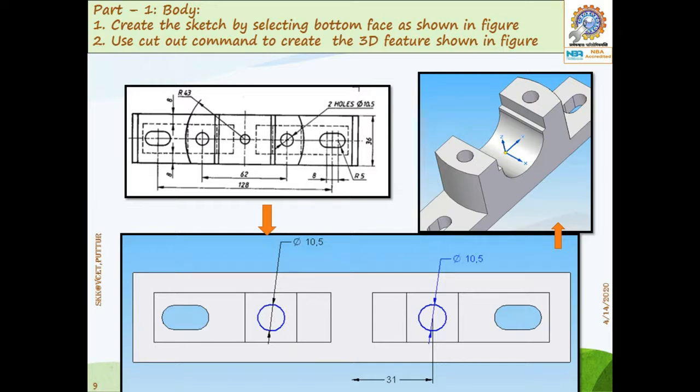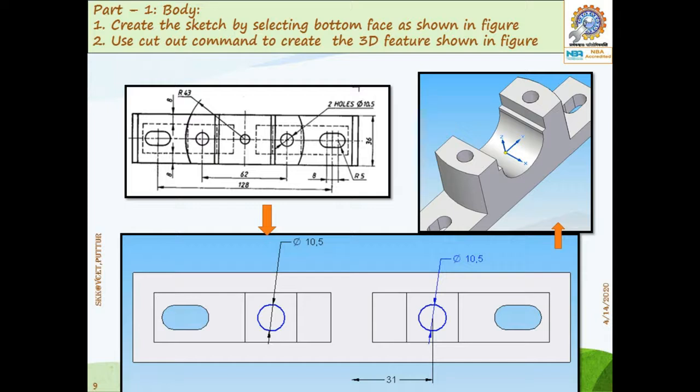Once again, select the bottom surface or bottom face only. Use the cutout command. Draw circles of diameter 10.5 on each side, with a center distance of 62 mm. These two side circles you have to draw.